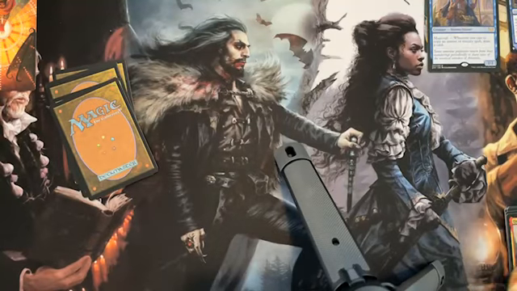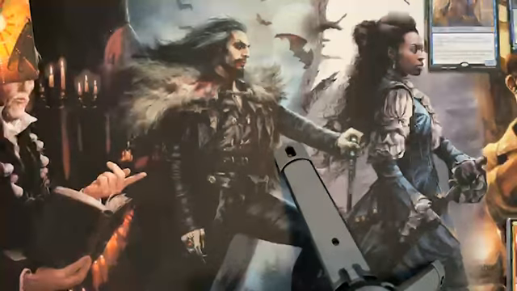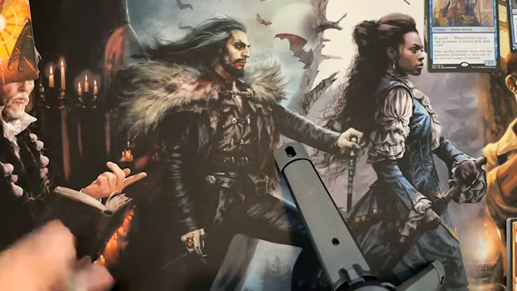They're good spirits, but they're usually blue-white. That's kind of what I've heard, is that blue-white is a better spirit deck than any of the other colors would be. But I was thinking about trying to figure out a way to put together a spirit deck, so...